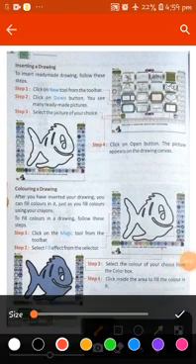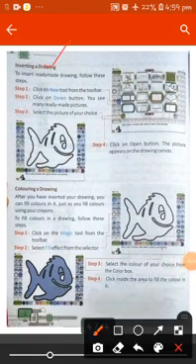So students, let's start with inserting a drawing. How to insert your drawing? To insert a ready-made drawing, follow these steps. First step is click on the new tool from the toolbar. Second, click on the down button.